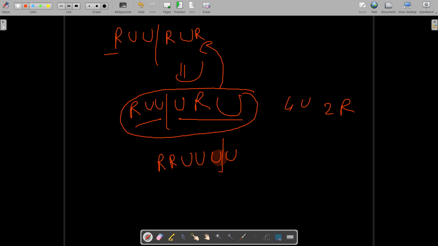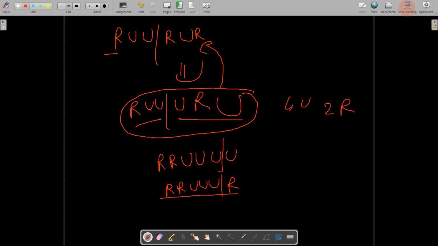And this up we will again flip with a right. So what will happen? Right, up, up, up, right. So again we have 3 equal number of rights and ups. And this path, if you follow this path, this is definitely trespassing the diagonals.